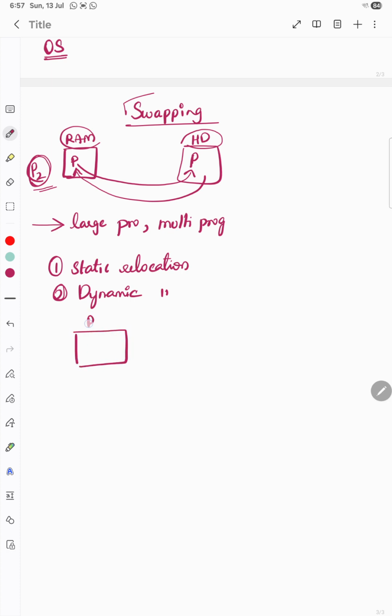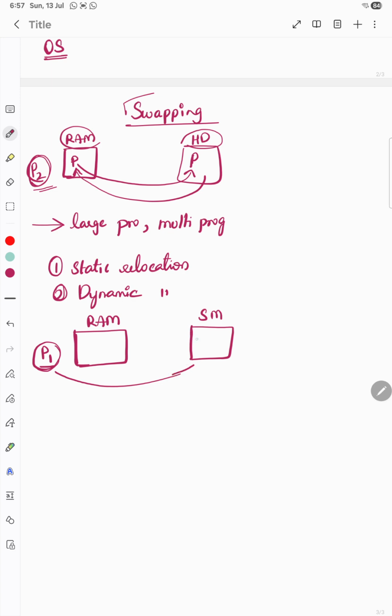Here this is a RAM and there is a process P1 which is entering into the RAM. So this process will be given certain memory space, and this memory space cannot be changed during its whole execution period. In such a case, if the process is swapped into the secondary memory,